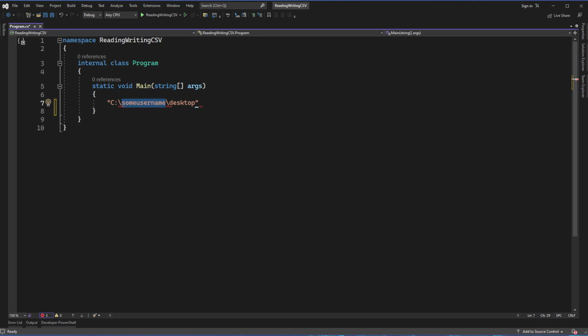So let's look at some of the things that we can use to make sure we're actually accessing the file where we think we are. So if you did want to access the desktop, I'm just going to set up a path variable here. We can use these built-in environment paths. So Environment,